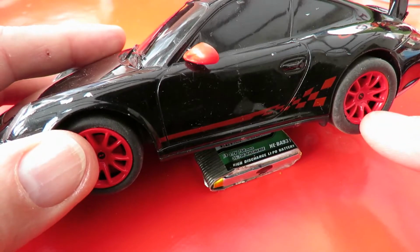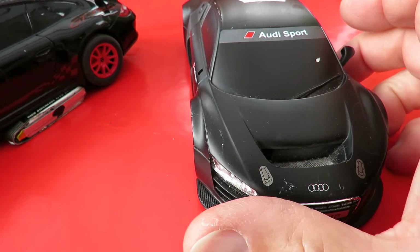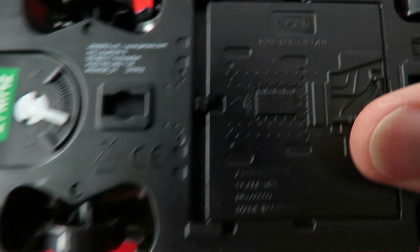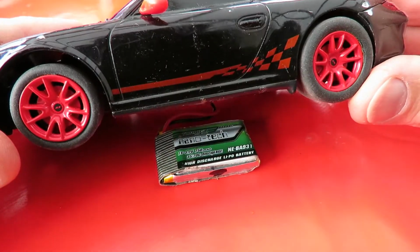and you may remember this one had no tyres on it. So I've taken the tyres off this Audi. This is also a Rastar group. So it just happens to have the right size tyres, and you may have noticed as I picked this